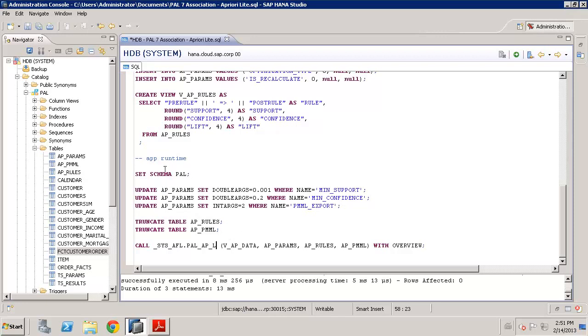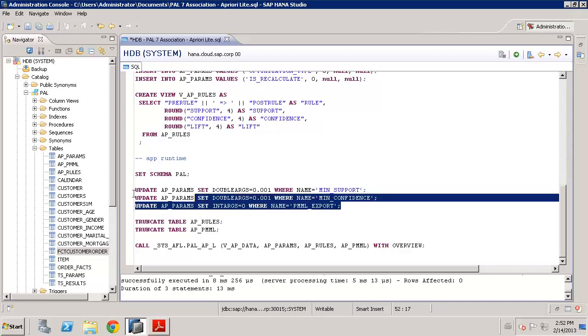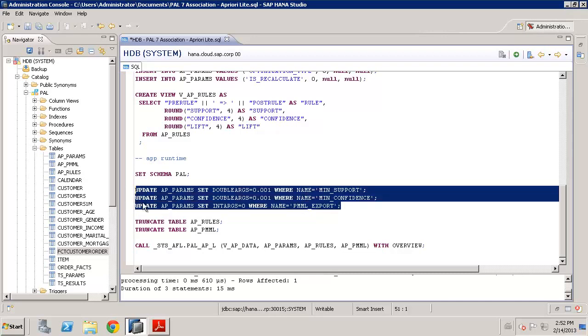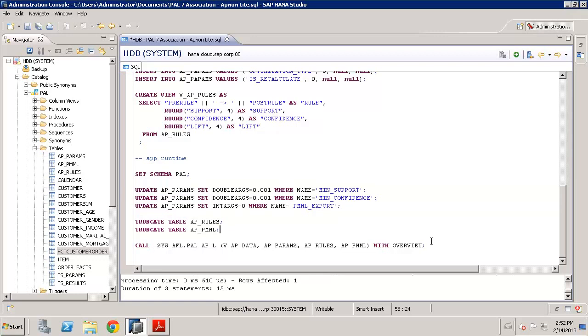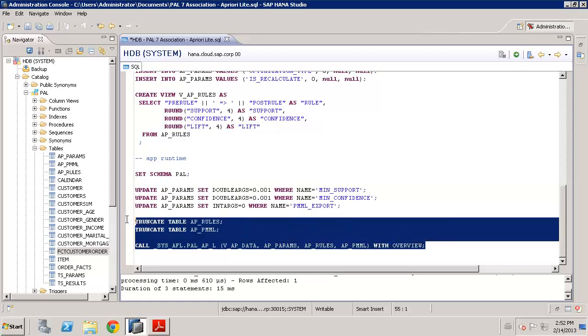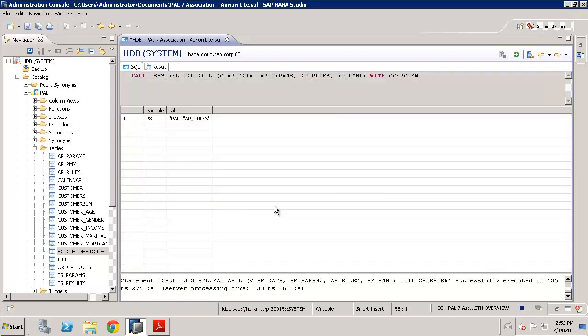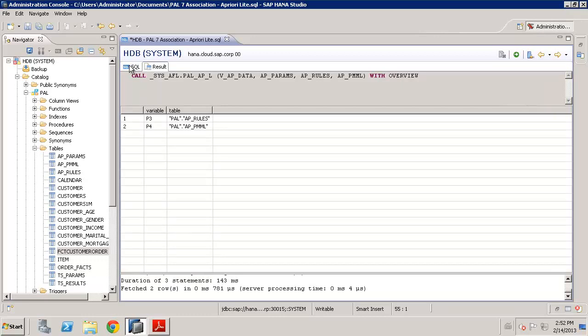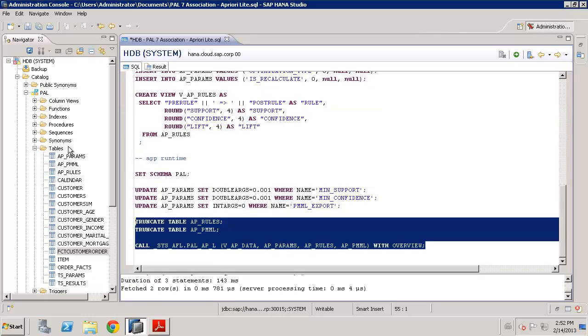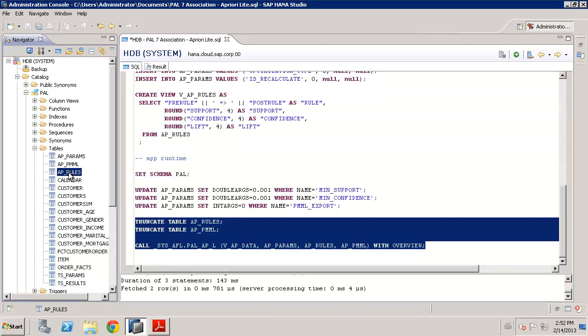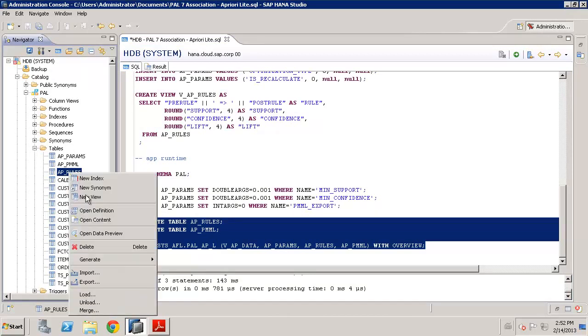Again, working in your application schema, which for us is PAL, and maybe we'll just reset some of these values. We don't need to look at PMML this time, so let's update the parameter table, and we need to call the procedure, of course emptying out the output tables before we do that. So the procedure has now run, and if we go and look at our Apriori rules table, the results, let's